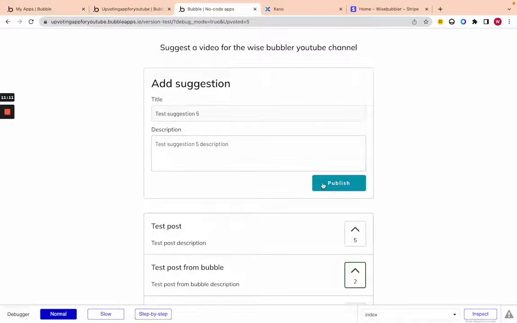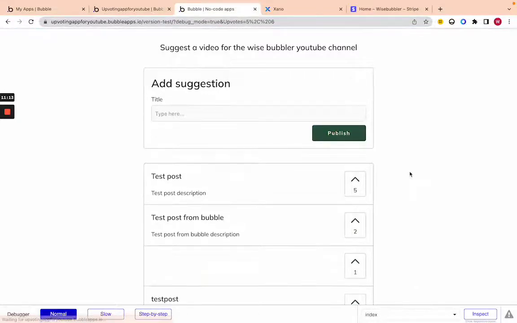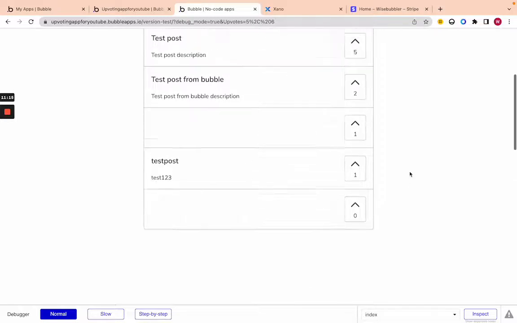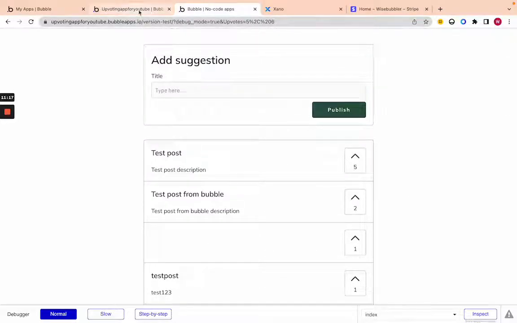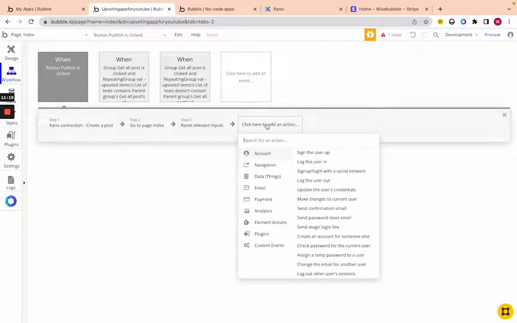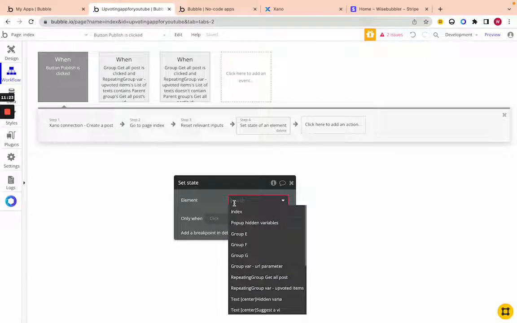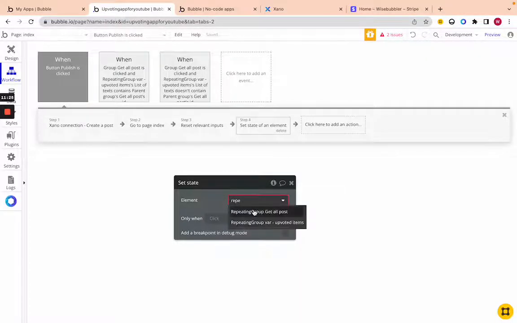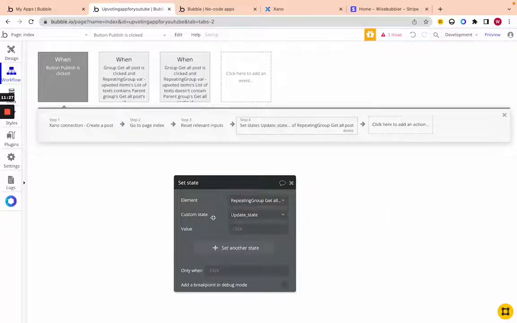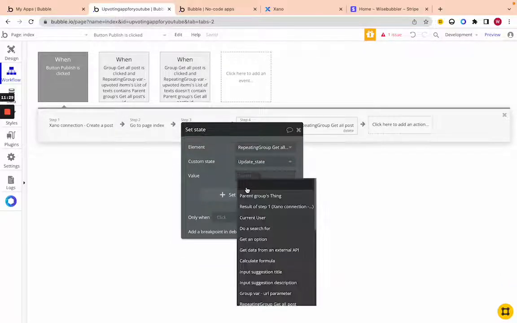And if we click publish, cool. Oh, then we forgot one thing here, and that is to set the state of the repeating group so that it updates that repeating group. So we're going to set the state of repeating group get all posts, and we're going to set that update status so that it refreshes